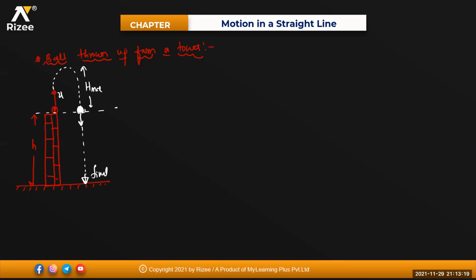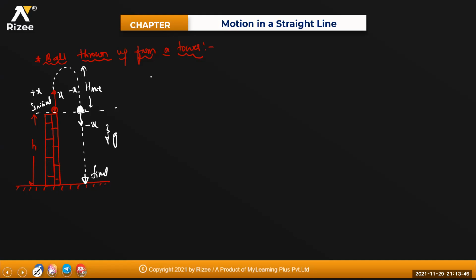If it has gone by plus x in the upward direction, this displacement will be equal to minus x. So plus x minus x, the net displacement will be equal to how much? 0. This is your initial position and this is your final position. The body is coming down, so it is minus u. And acceleration due to gravity is in the downward direction while you are projecting the body in the upward direction.